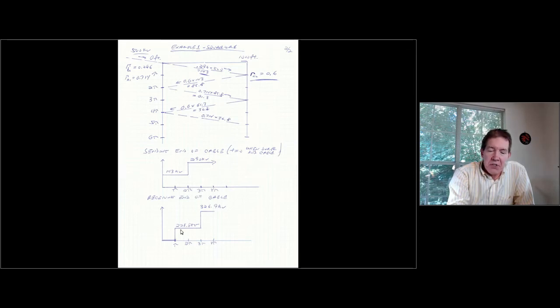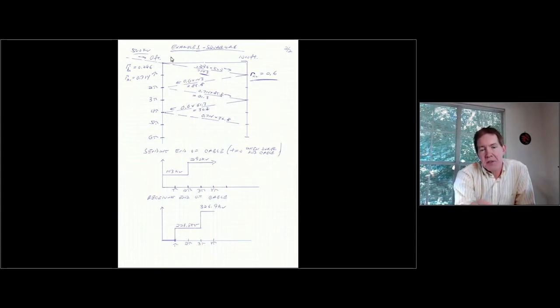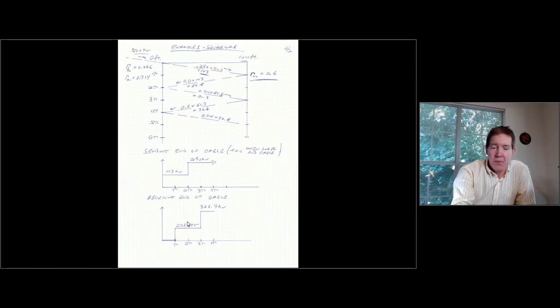If I'm looking at the receiving end of the cable, up to time tau I don't see anything because the waveform hasn't hit yet. So there's a time delay, and initially at the end of the cable I don't see anything. But after a time tau, the waveform hits the far end, the load end, and then I get 143 plus 85.8,